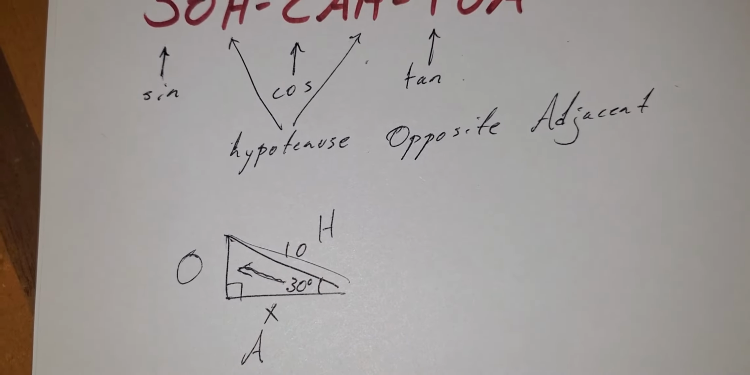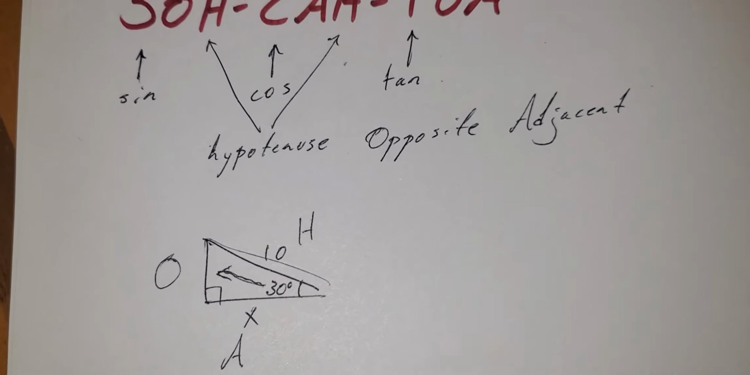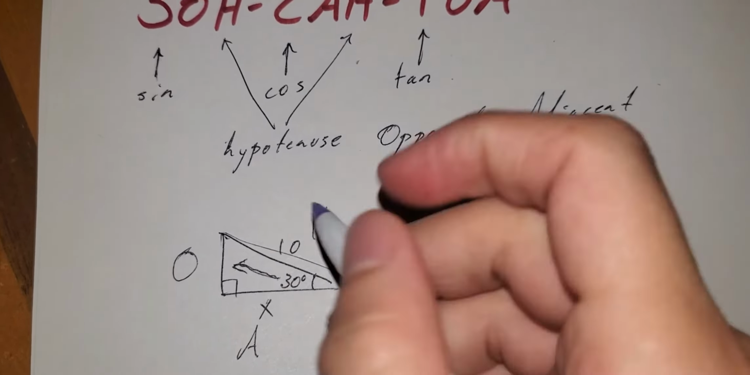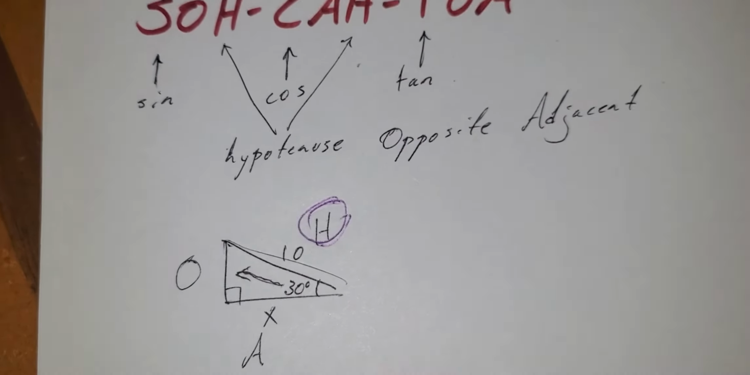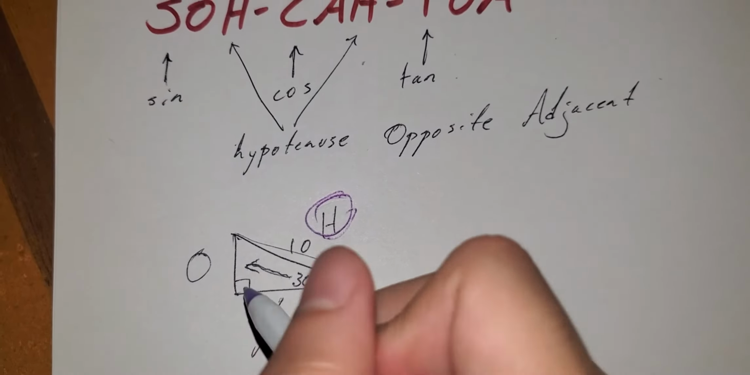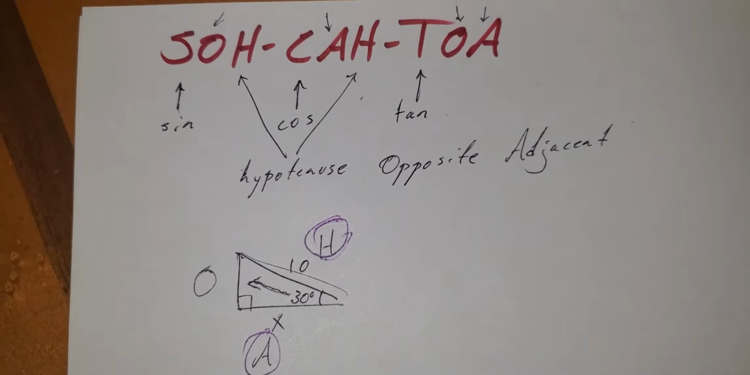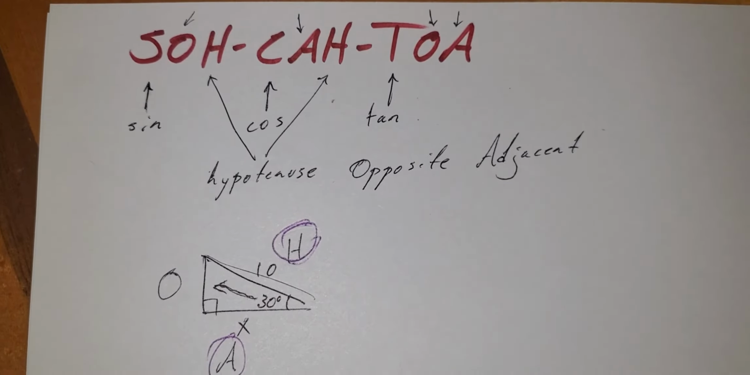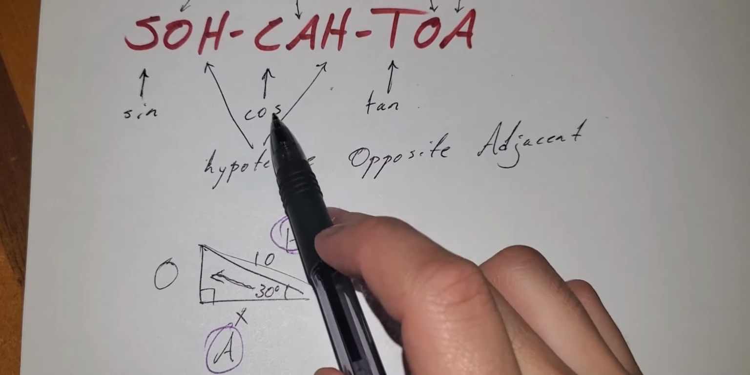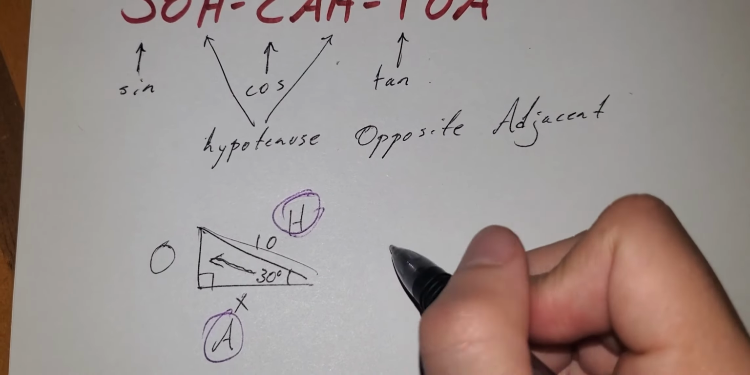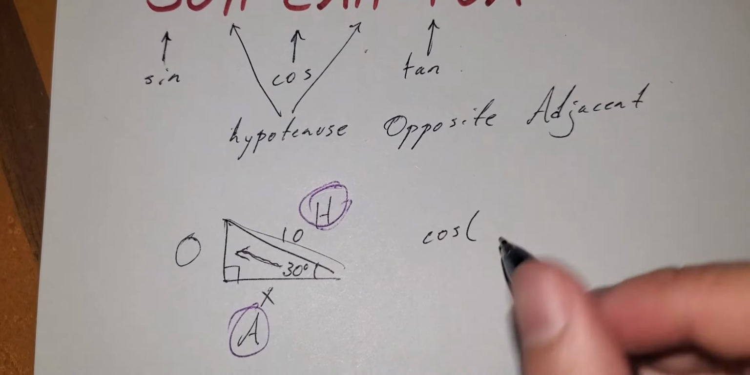Now from this, here's how we will set up this triangle. Notice that in the place where we have an actual value, 10, we're using the letter H. And on the side that we have X, we're using the letter A. So we look on SOH-CAH-TOA for the one that uses A and H. This is the only one that has A and H, so we're going to be working with cosine. So this is going to be cosine of the given angle, 30 degrees,